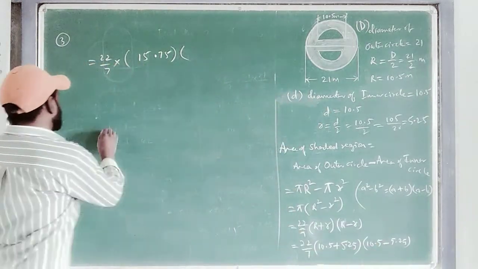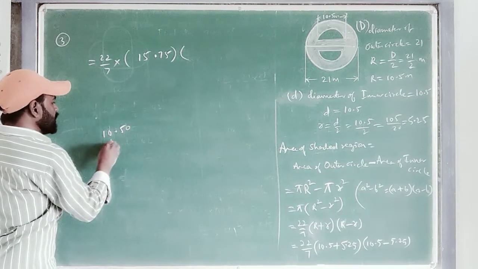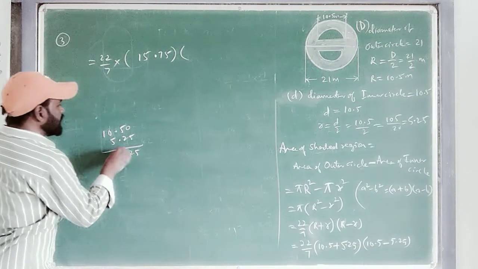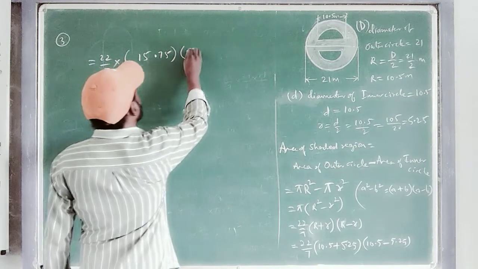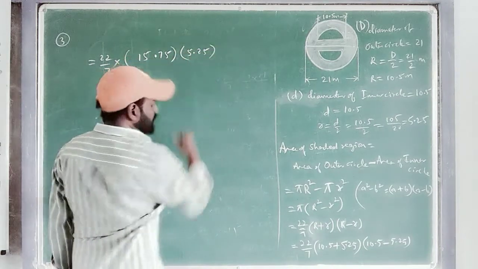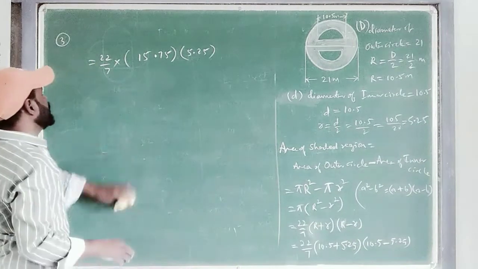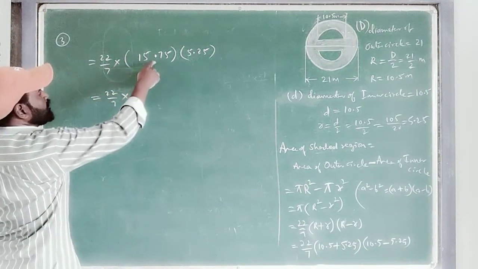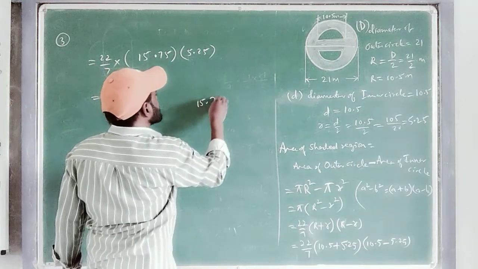So 10.5 minus, it means 5 after nothing is there, 0 you get. So 5.25. So 15 minus 25 is 25 here. 10 minus 5 is 5. 5.25 will come again. So 5.25. So multiply this all, you will get the final answer. Okay. So 22/7 into, so 15.75, 5.25. 15.75 into